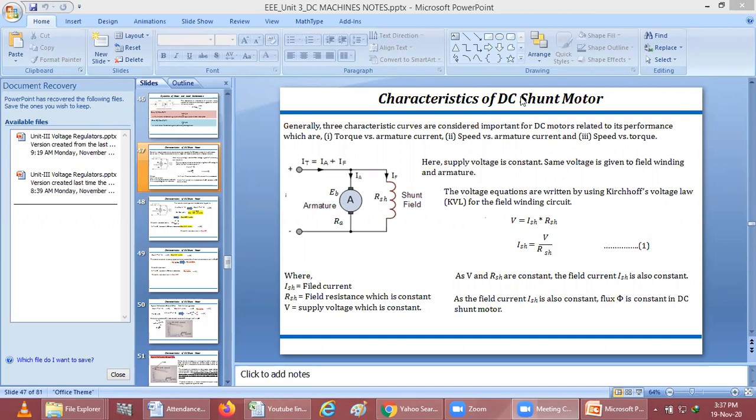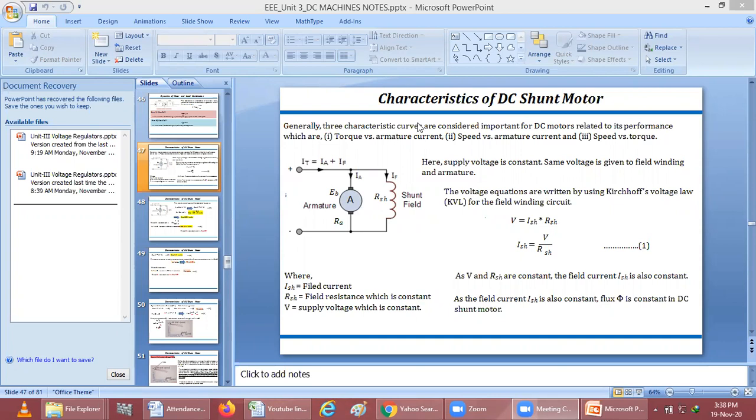Firstly, we will see what is meant by DC shunt. We have already seen the types of DC motor. We have seen self-excited: if we are not giving an individual power supply to the field winding, but we give the power supply to the DC motor and it goes to the field winding, then we call that self-excited. And we call it separately excited when we give a separate power supply to the field winding as well as to the armature. So in today's session, we have to see how the DC shunt motor works.